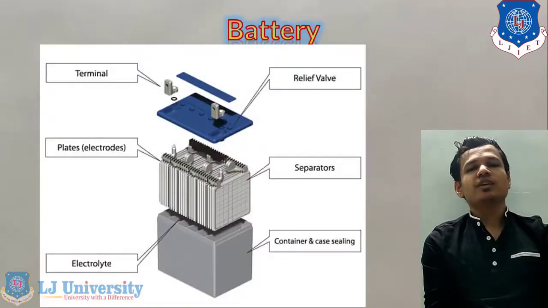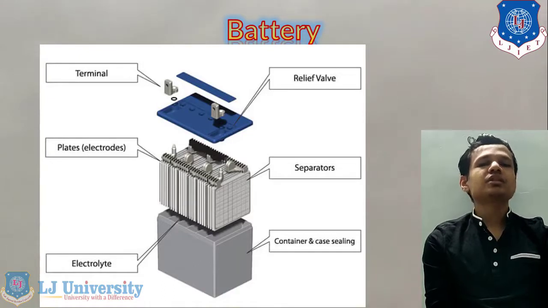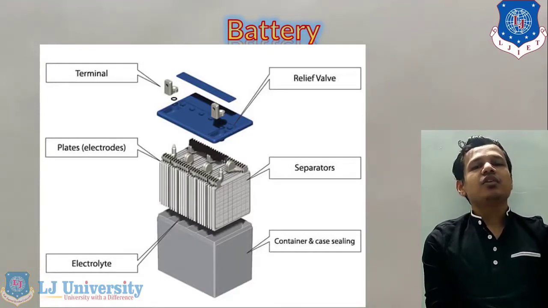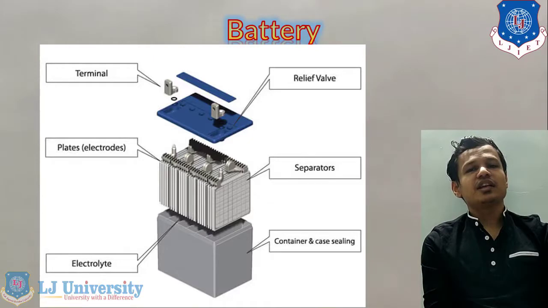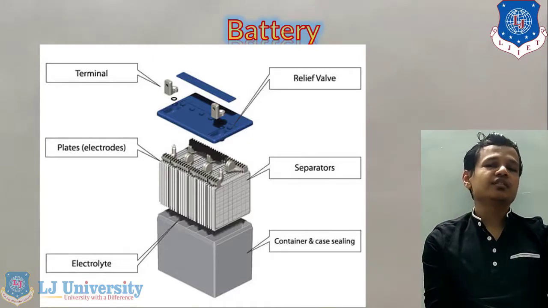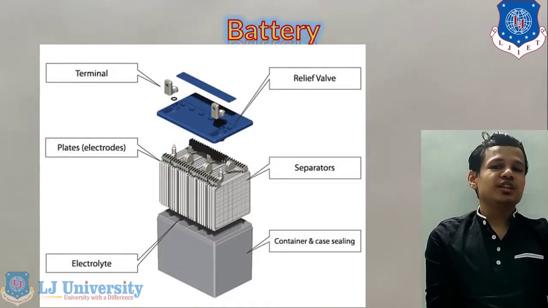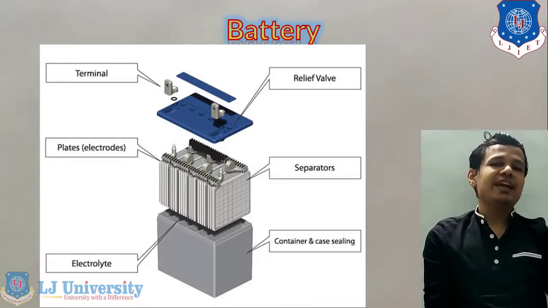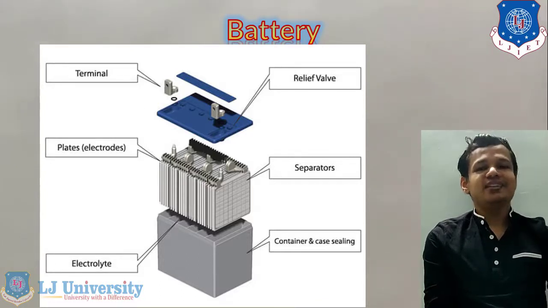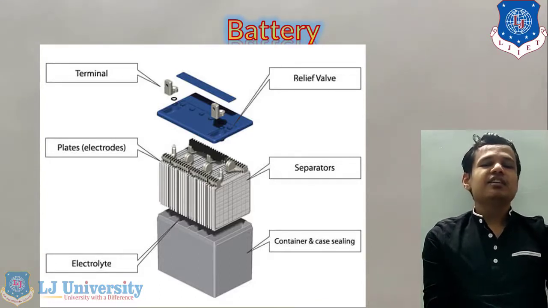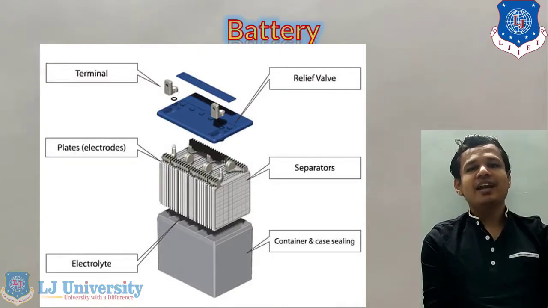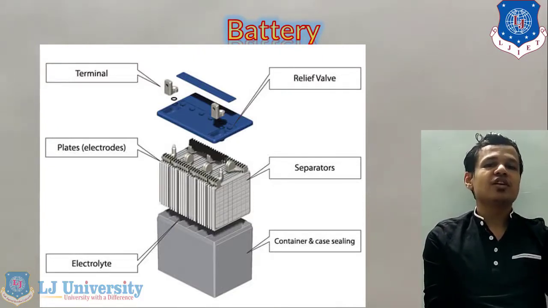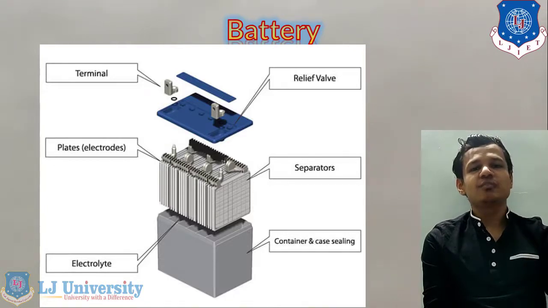So the first component is the battery. The battery is the main component that supplies the current and the voltage in 2 wheelers. Whenever we want to run any electrical system, the battery is an important component in the vehicle. Generally the battery that we use is a lead acid battery, which generates 12 volt power. The 12 volt battery comprises a total of 6 cells.